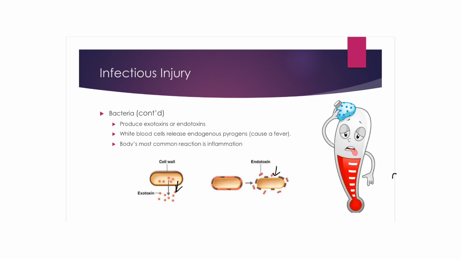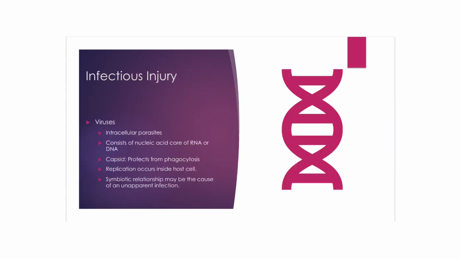The body's most common reaction is inflammation. The inflammatory process goes into play whenever it notices an invader, such as bacteria. One of the things that happens is pyrogens are released. You get dilation of the blood vessels, which will bring down your blood pressure. You also get an increase in your heart rate because of that blood pressure going down, also because of the fever, your body's compensatory mechanisms. This is all leading us down the road to sepsis, and these are sort of the pathognomonic presentations of sepsis as well.